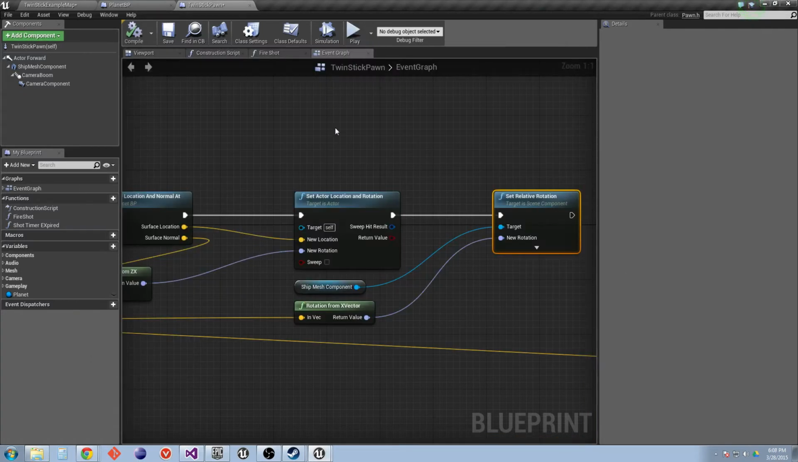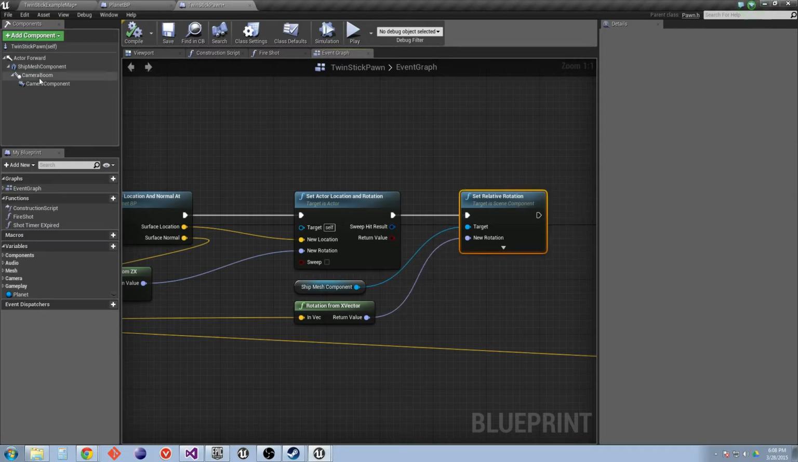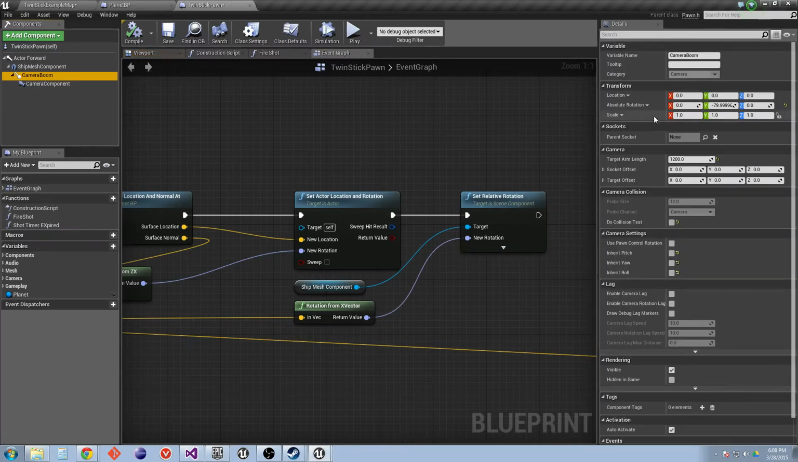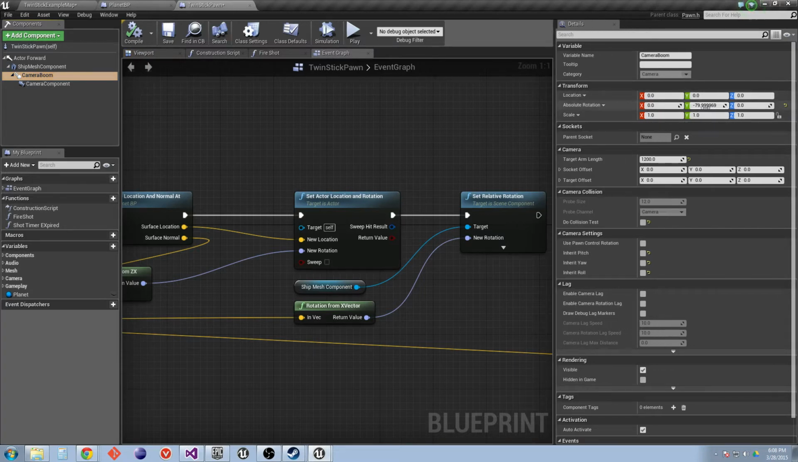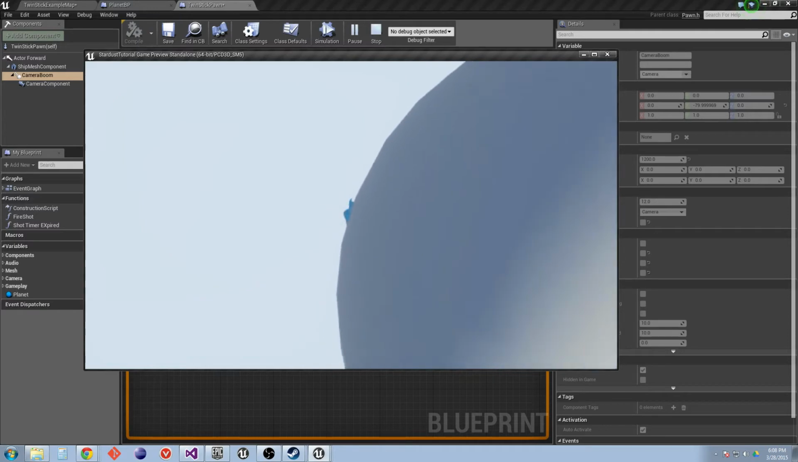Let's fix the camera. So the camera right now, its rotation is an absolute rotation. That means this camera boom will always have a roll of negative 80 degrees, and we want to make it relative. But we don't want to have it like on the ship, because if you see,